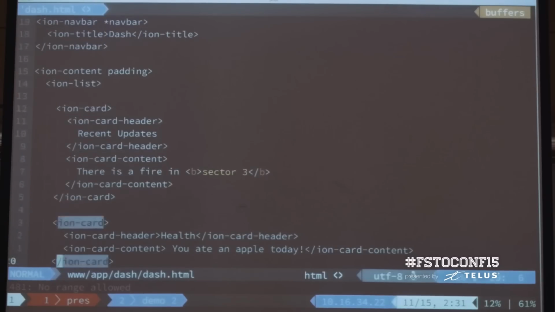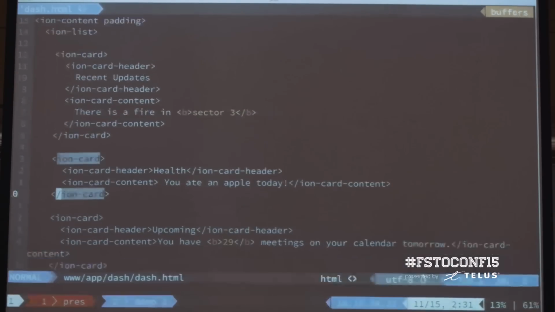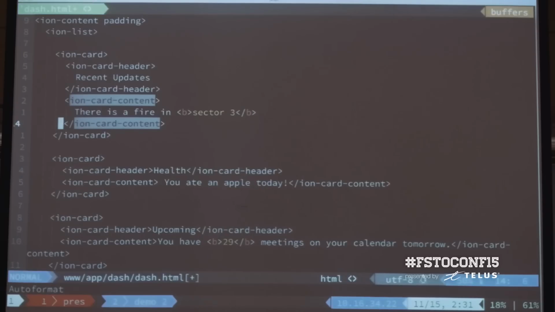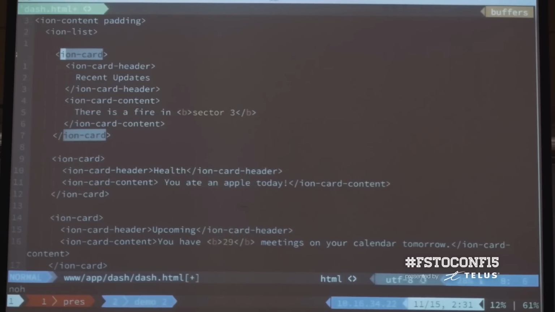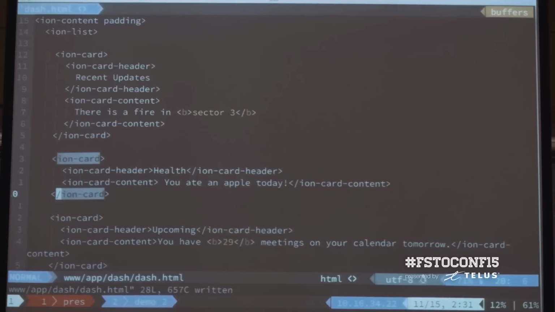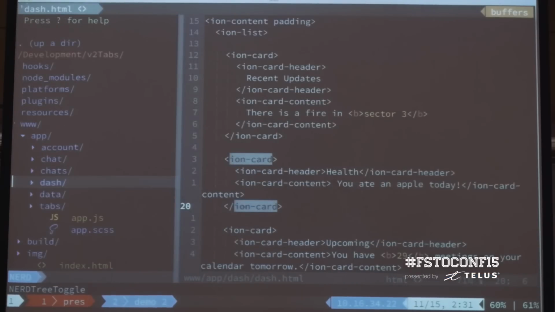We'll come over to this list. Notice that it looks a little different, but we now have some elements that aren't really directives, just CSS styled. So we have ion card. We gave it a header, ion card header, ion card content, pretty simple things. This is all static, so not anything too interesting. But if we look at the chats tab,